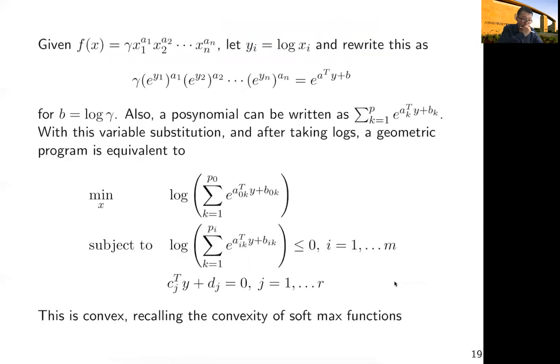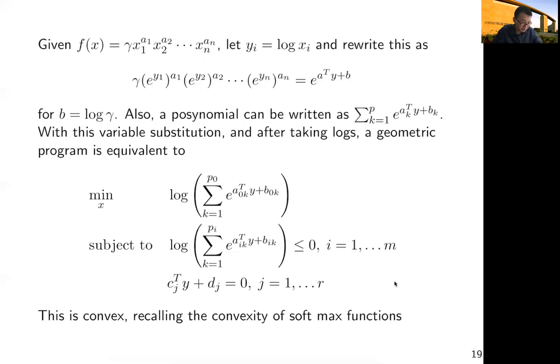So how do we solve it using convex optimization problems? Notice that when f(x) looks like this, we can rewrite it by doing a change of variable, replacing x with e to the power of y_i. You can always do this because the exponential is monotonic. You can always convert x1 by making it y1 and e to the power of y1, and then we'll be solving an equivalent optimization